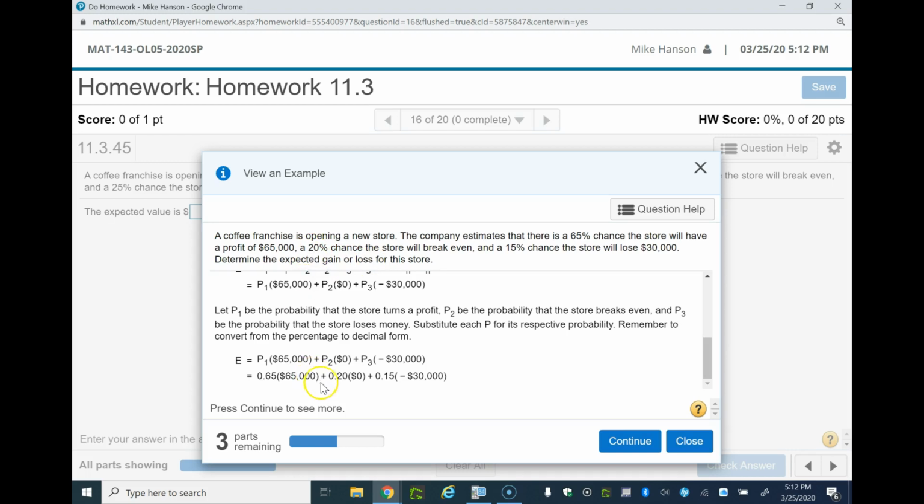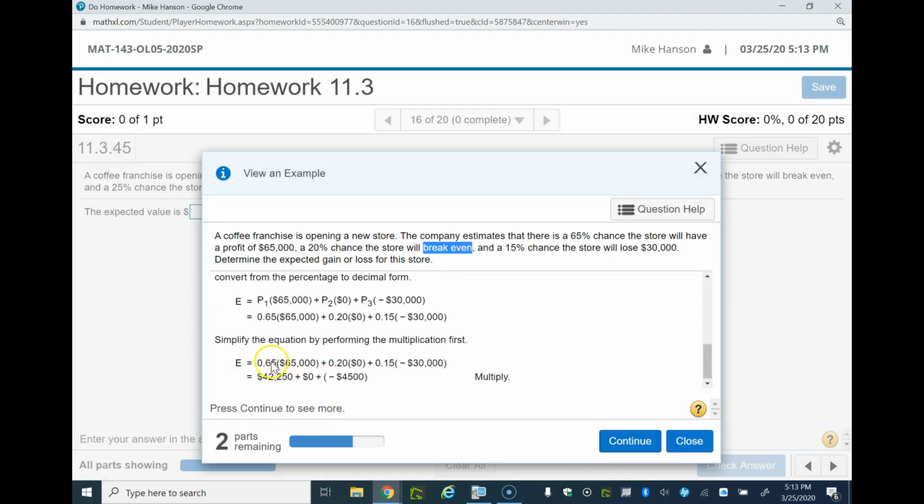And then we have plus 20% will break even. So when it says break even, that means the actual dollar amount will be zero. That means we gain no profit, we just break even. So we multiply those two together. And then the 15% changes to 0.15 and lose, this is where we use the negative sign now, $30,000. So we do the math, multiply them together, we get